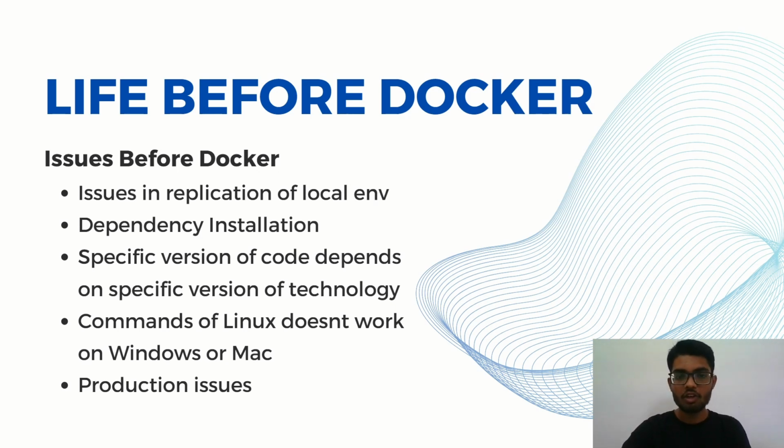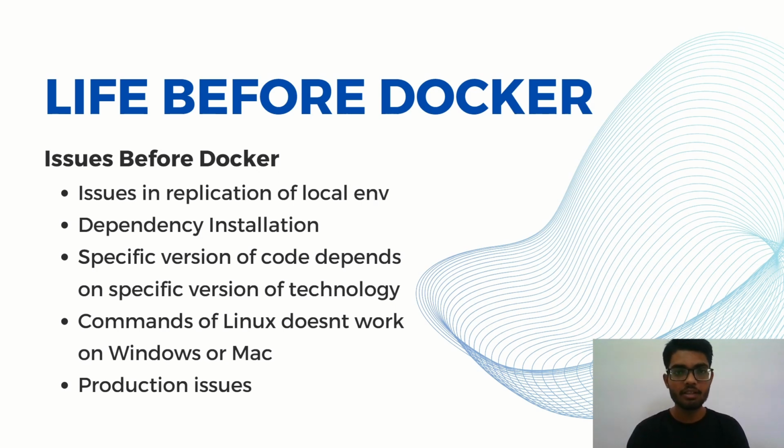Also, specific version of a code depends on a specific version of technology. So suppose in your application you use something which generally works on React version which is less than 16, but your friend, using another machine, another operating system, has latest version of React after 16. So it might be the case that the application which is running on your machine will not run on your